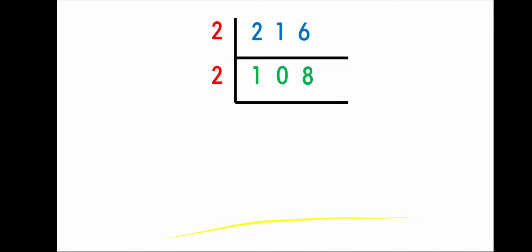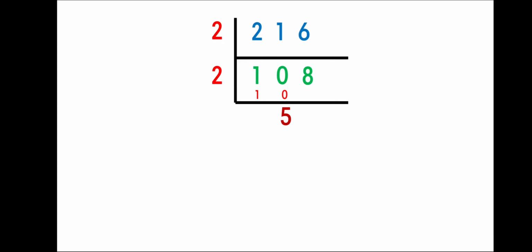In the tens place we have 1. So 1 is not divisible by 2 because it is less than 2, so we will keep 0. 2 zeros are 0. Now 1 minus 0 is 1. Now we have 2 8s are 16. Next, 108 is divisible by 2. Here we can take two numbers at a time because we are at the starting stage, and after the first place, we cannot take two digits.